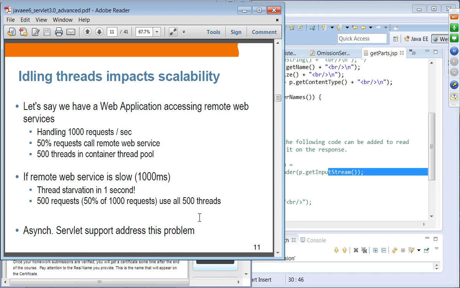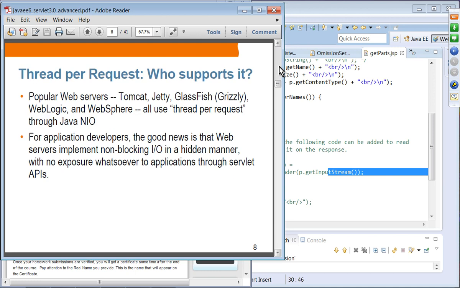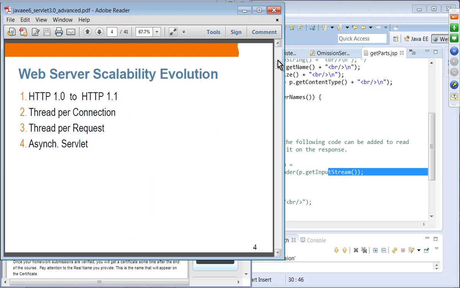At that point, the users will experience very slow responses from the server, because the threads are gone. There are not any threads that can handle those requests. Okay, so basically, if you see the evolution of thread per connection, thread per request, and async servlet,